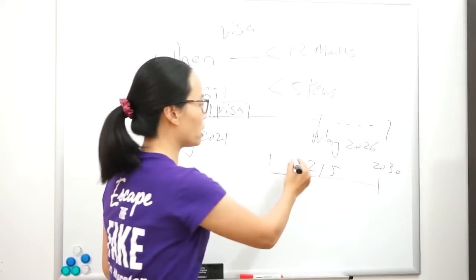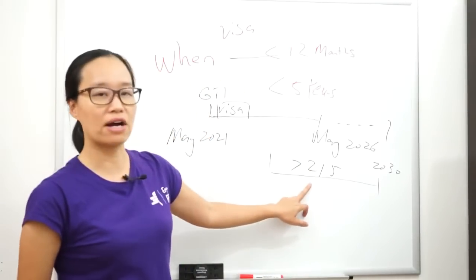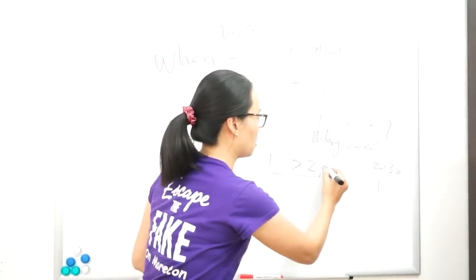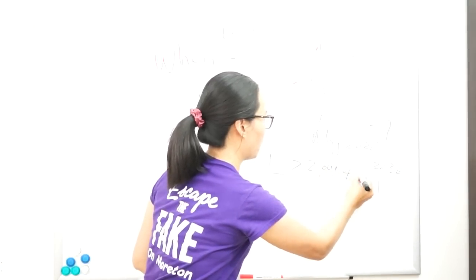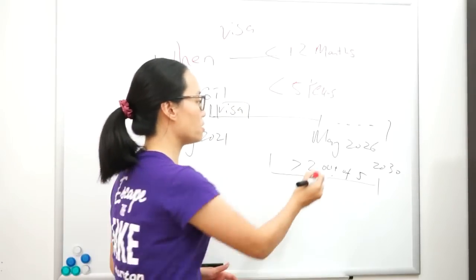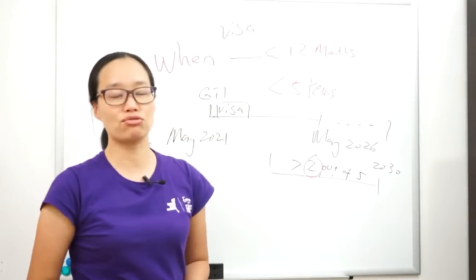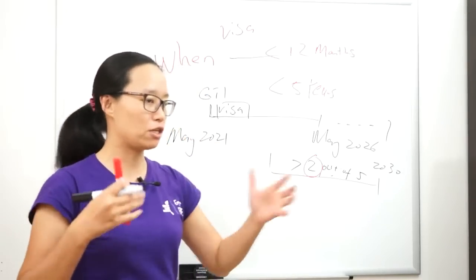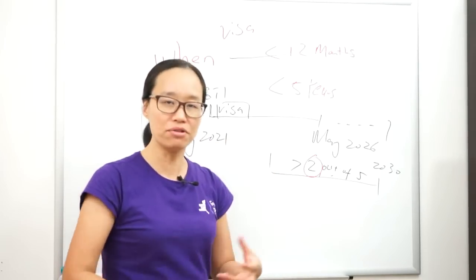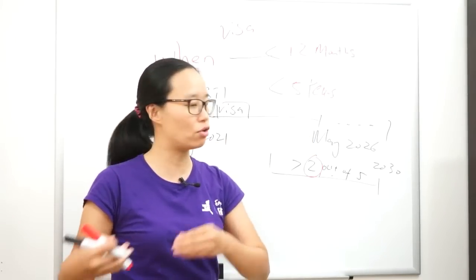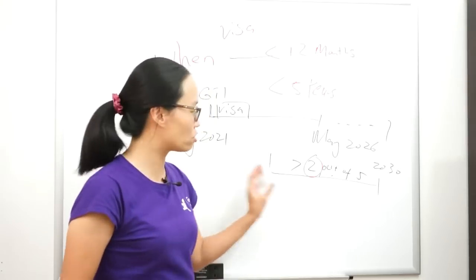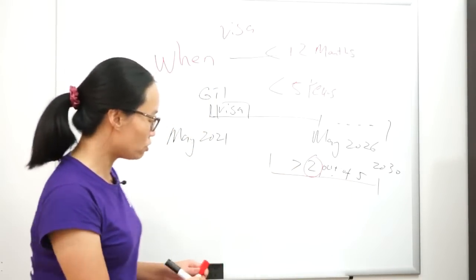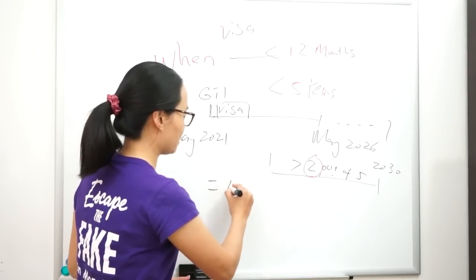If you stay in Australia more than 2 out of 5 years, this is the critical time. You must stay in Australia at least 2 out of 5 years, accumulated. It doesn't matter how many months you stay in a particular financial year or calendar year. So 2 out of 5 years in any given period, then you'll be renewed another 5 years travel facility.